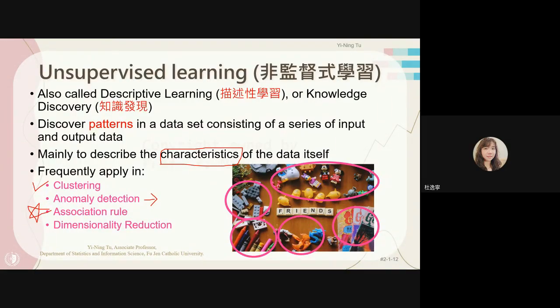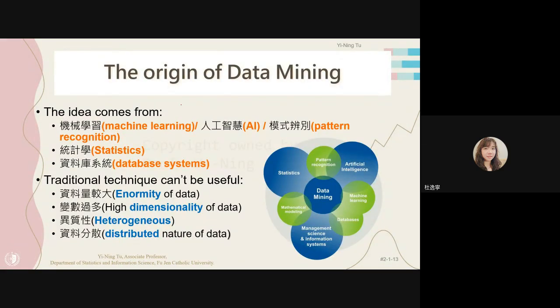So this is called, we just use the characteristics of the data itself. We call that descriptive learning, 描述性学习。我呢，完全是靠资料的相似度来去做学习。